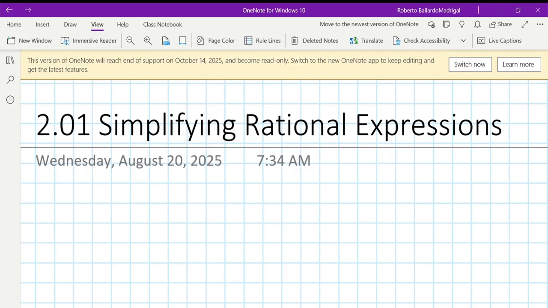Alright, so go ahead and title your notes the following. 201, simplifying rational expressions. And if you have not put your cell phones away, please put your cell phones away